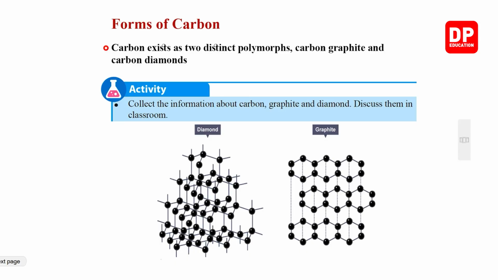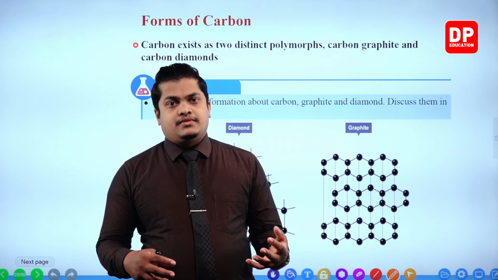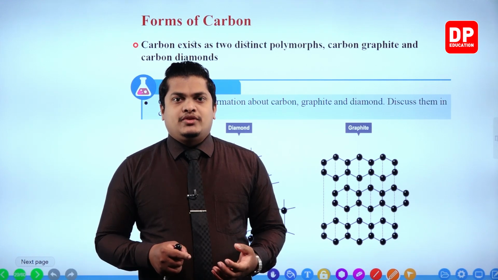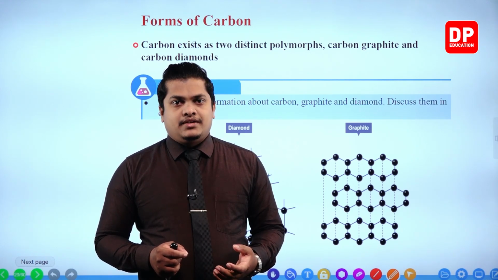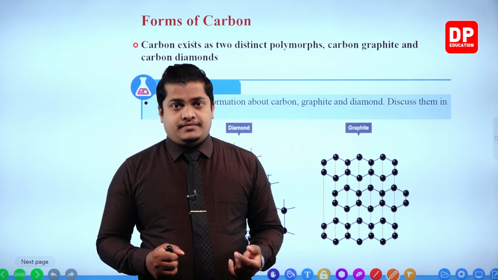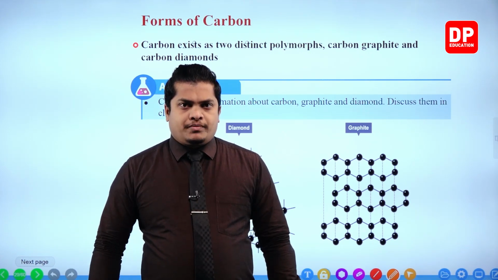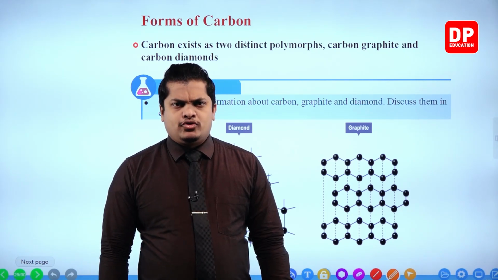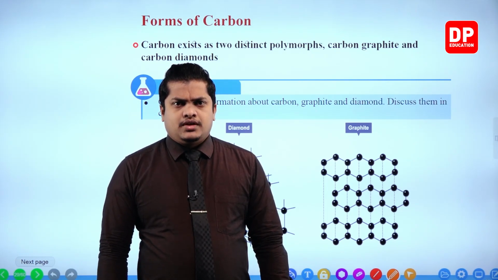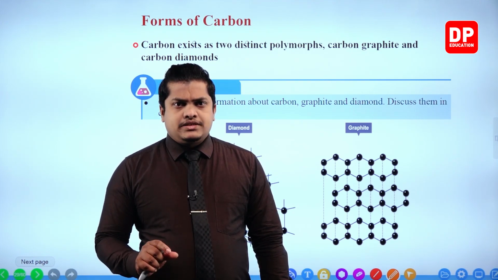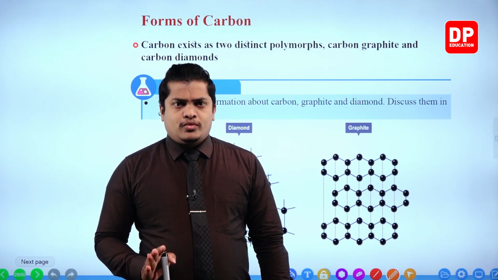Forms of carbon. My dear children, you are given the topic forms of carbon. The forms of carbon means the types in which the carbon element is available in our environment. Actually, carbon is an element, right? It's a polymorphic element, or else it shows allotropy. What is allotropy? Polymorphic or allotropy means, my dear children, if you take a certain element,